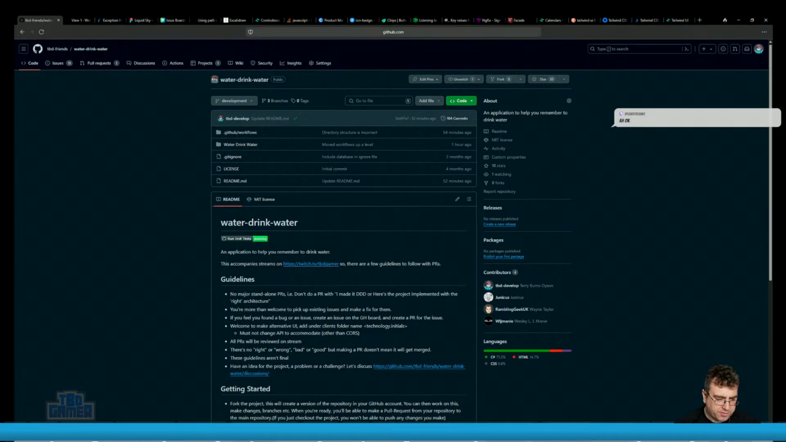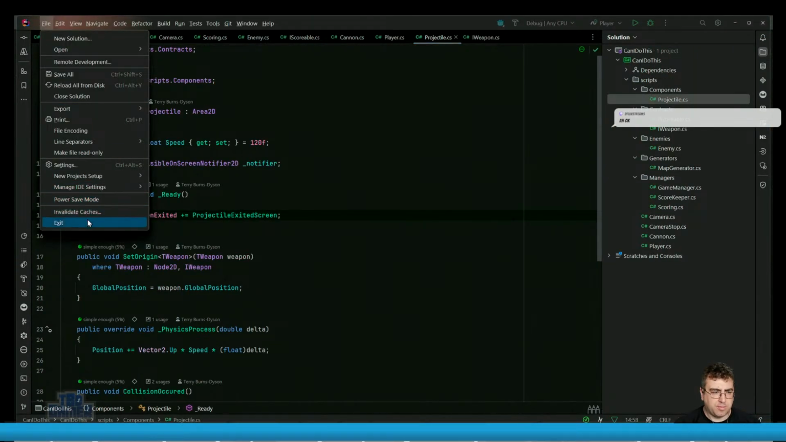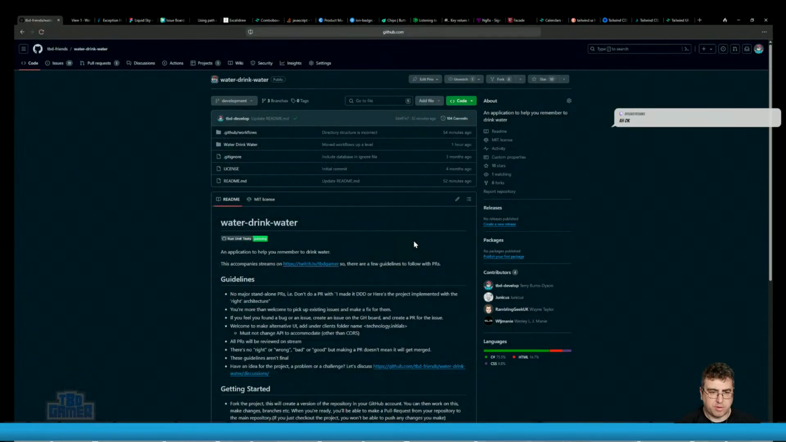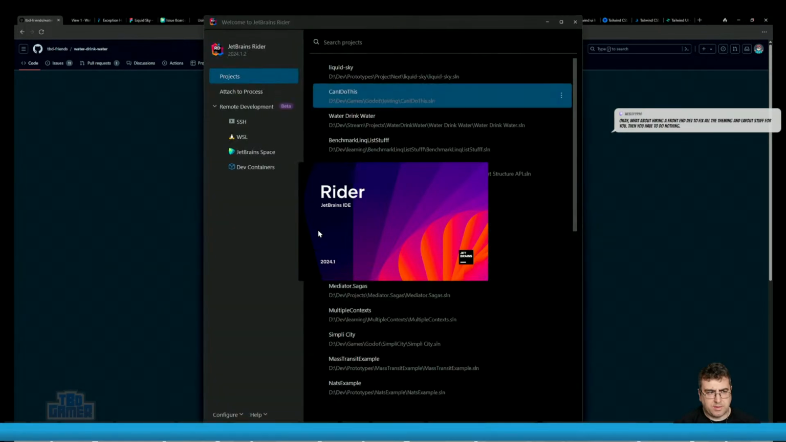With Water Drink Water, that can be whatever you want it to be, right? You can go off and do, and you can build your own UI for Water Drink Water if you don't like the Blazor stuff. We can put libraries in there, etc. I just exited that out. For the main project, my Liquid Sky project,